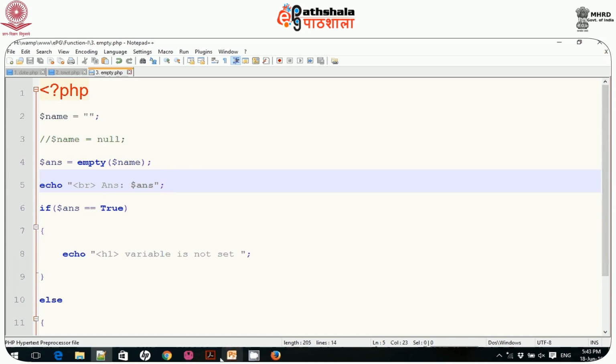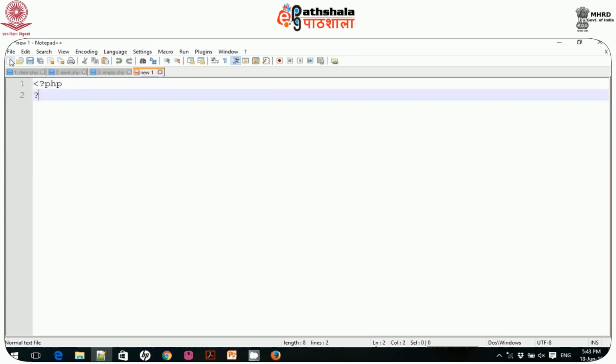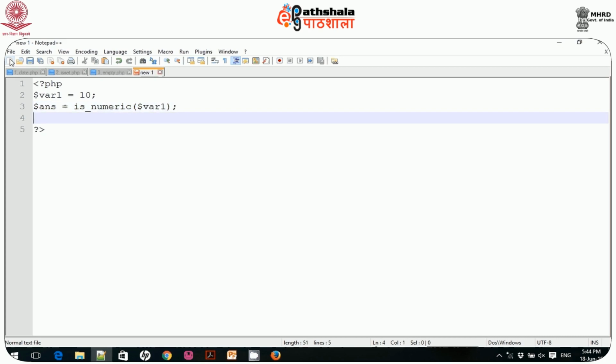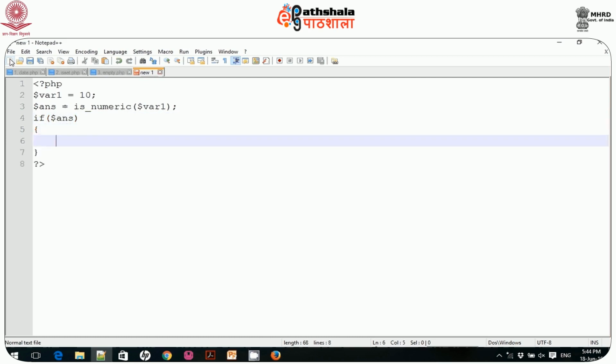The fourth such function is is_numeric, to check whether the variable you type or pass is numeric or not. So let me define one variable. Variable 1 is assigned, let's say, 10. Now you write $answer is_numeric $variable1, and you can type if $answer is true, or simply write if $answer, then you can write echo